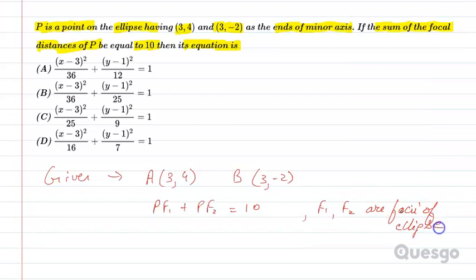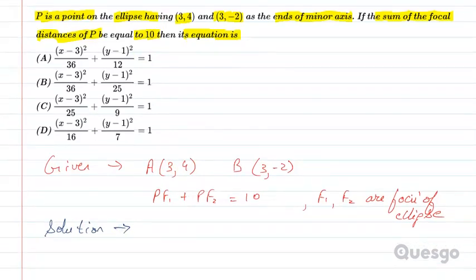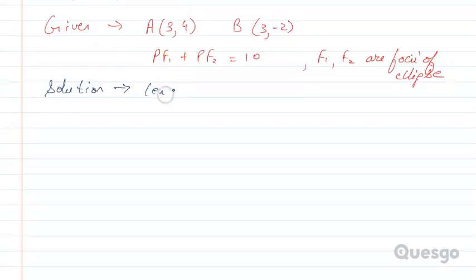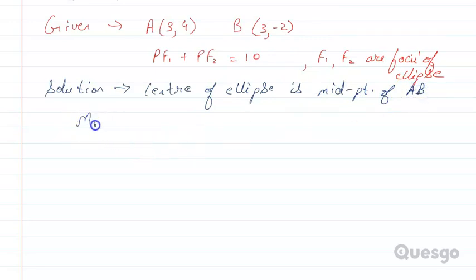Now let's understand the solution. So in solution, सबसे पहले हमें ends of minor axis दे रखा है. So from there we can calculate the center of the ellipse. So we can say center of the ellipse will be midpoint of the ends of minor axis, that is point A and B. So center of ellipse is midpoint of AB. So midpoint of AB हम calculate कर सकते हैं by using the midpoint formula from section formula,